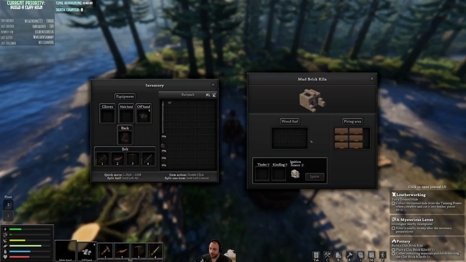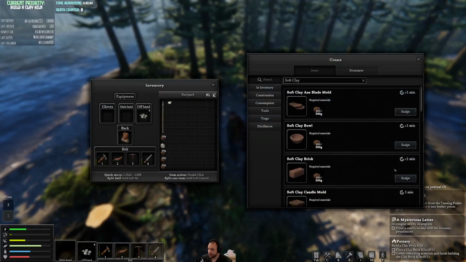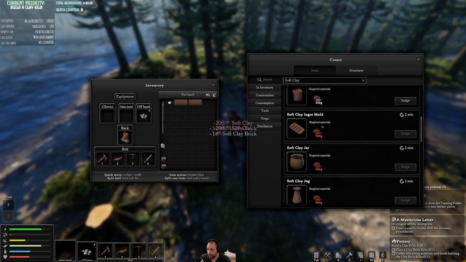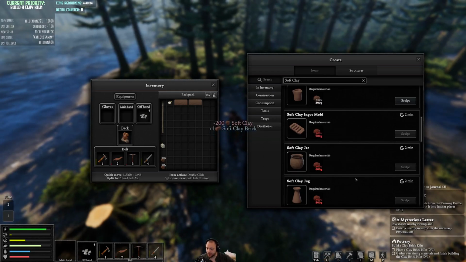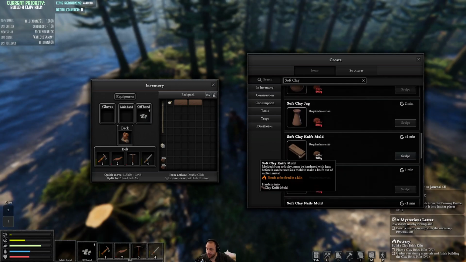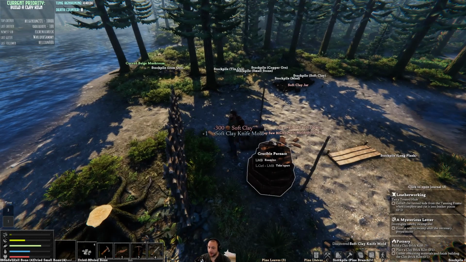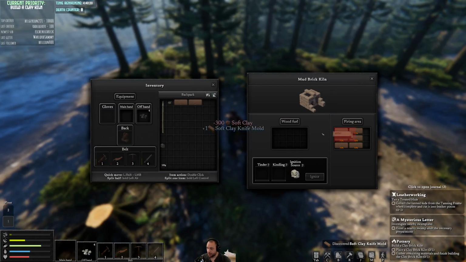Before I fire up this next kiln, this will be brick 18, so I need 2 more bricks, 1, 2, and then let's go and make an ingot mold. Oh, actually, ingot molds need to be fired in a large kiln, so I'm not going to do that. Same with clay jars and clay jugs. A knife mold can be in a small kiln. So the next fire will be a knife mold,